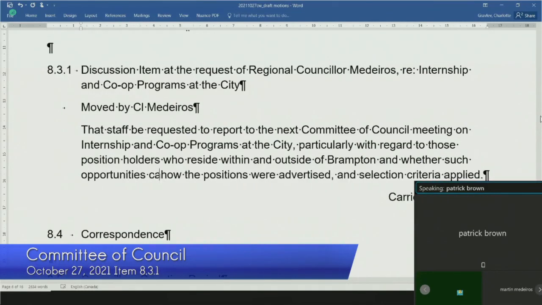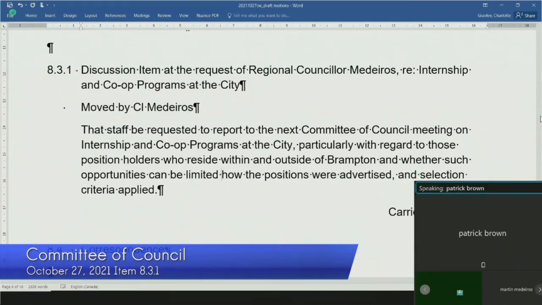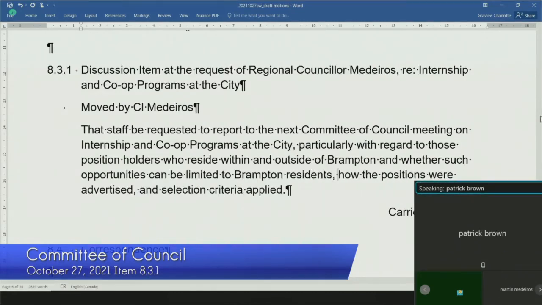The second point is I'd like to know how we're doing in terms of reflecting the mosaic, in terms of our internships. I would like to know how diverse our summer students were. I know when I got elected mayor and did a tour of a number of our facilities, I just had a concern that maybe it didn't reflect the mosaic. I know we're making progress every year, but obviously because of COVID, some of the summer employment positions weren't available. But if there is a way to get a line of sight into that as well, I think that